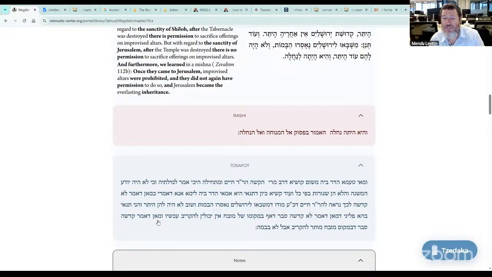Because once the temple was destroyed, no longer is the Makam HaMizbeach a place that you could sacrifice. The question is, how did they sacrifice before they put up the second temple? That's why I said it's not so simple. How they sacrificed in the time of the first, in Ezra or in Zerubbabel, before they put up the second